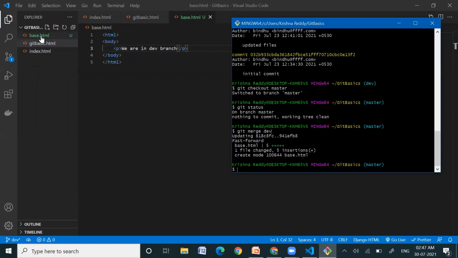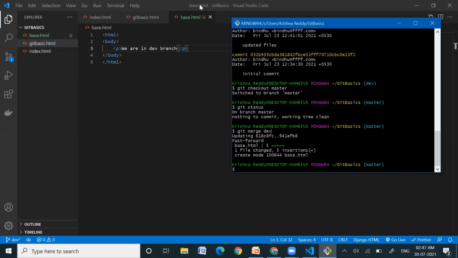Now you can see this base.html file because we have merged this development branch into the main branch. So the file which we have created in the dev branch exists in this main branch also after merging.